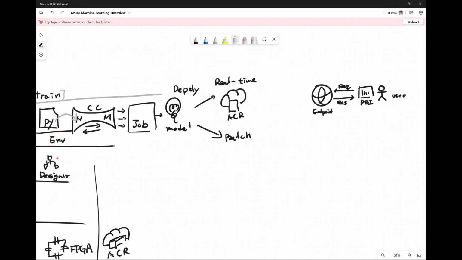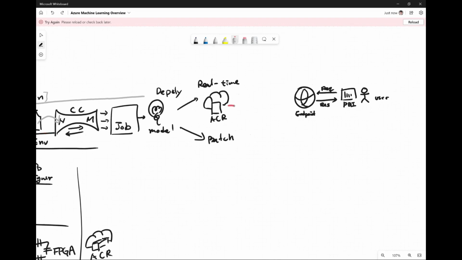And from here, what you can add is your business logic, which could be a Python file. So you can have a Python file that says how to interpret the given request, make predictions, and return the result back to the users. Azure Machine Learning Service will help you to build this Docker image,